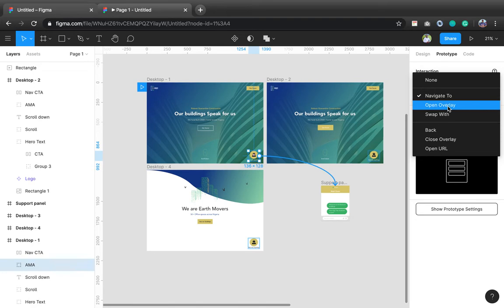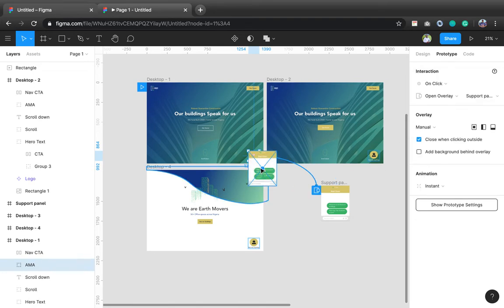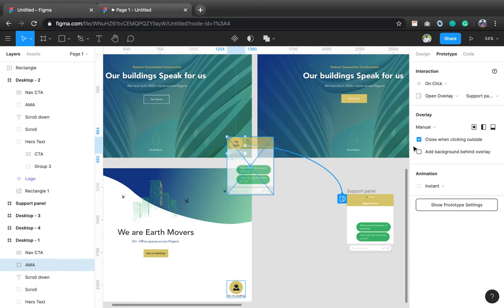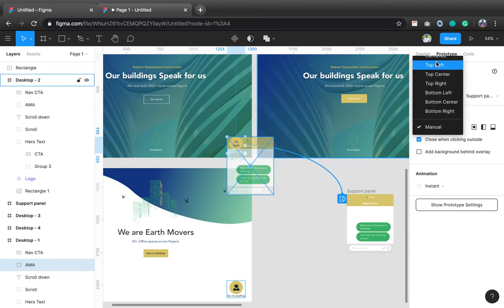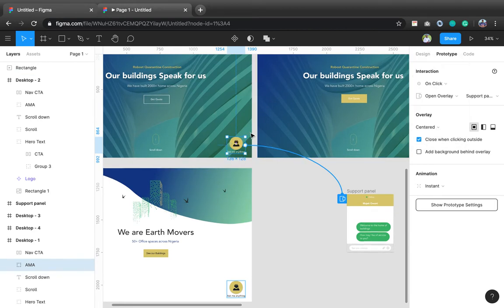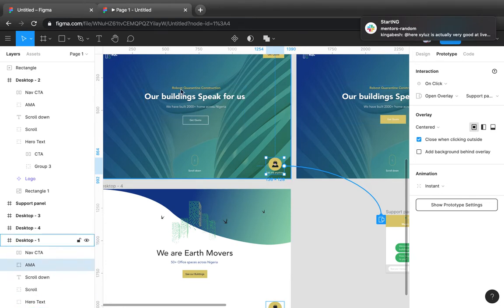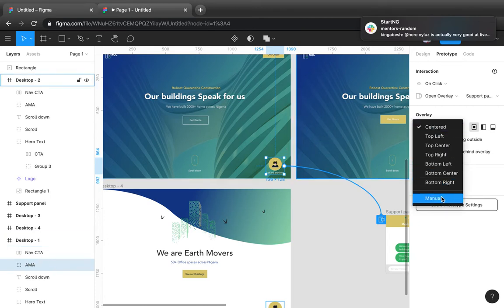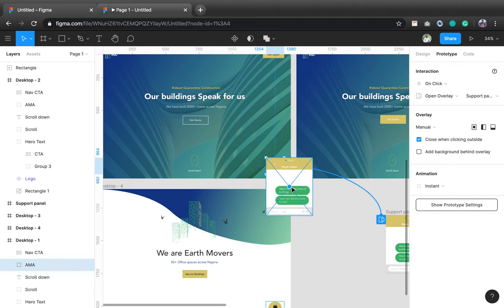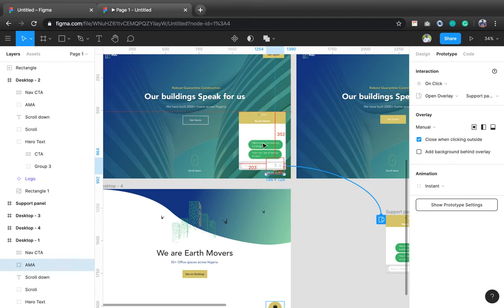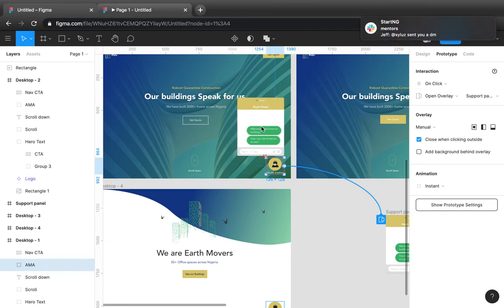If you use open overlay, it gives you some options. Now you see this because I set it to manual. Normally it is centered, and if it's centered, it won't show you anything. When you just click on it, it comes to the center. But I don't want that. I want to set it to come out at a particular position, so I will set it at manual. If I set it at manual, I have the right to push it anywhere I want. So I want to push it here, which is the normal place that